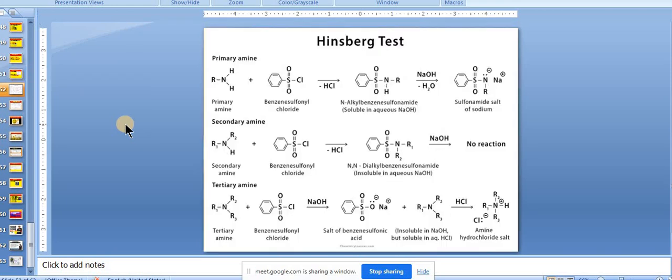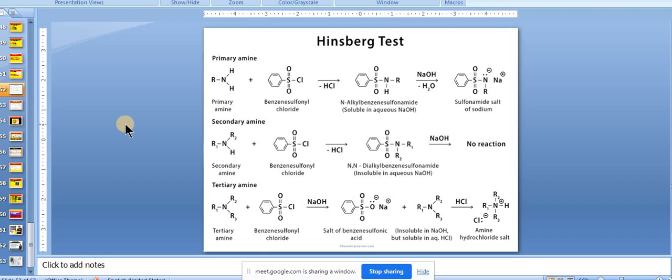Keep in mind. Now, this is the test, Hinsberg test. 1 degree amine, how many H is it having? 2H. Now 1H will be reacting with Cl to form HCl out, and the addition product will be formed, that is known as N-alkyl benzene sulfonamide, and this product will be soluble in NaOH. This is the test we need to write. If you write the first reaction, second also if you are not writing, then also it will work.